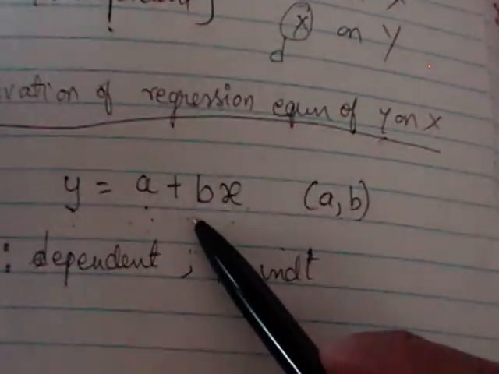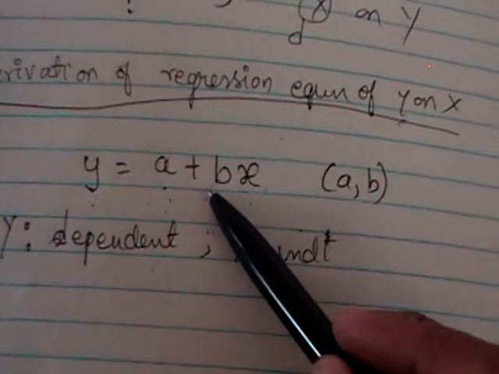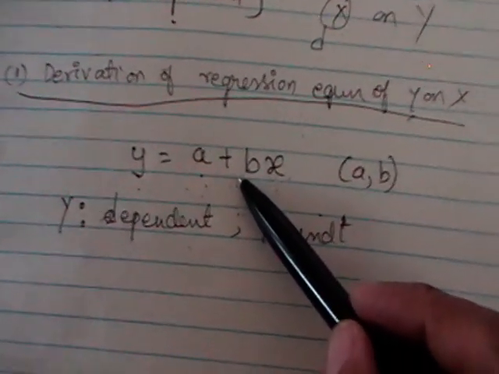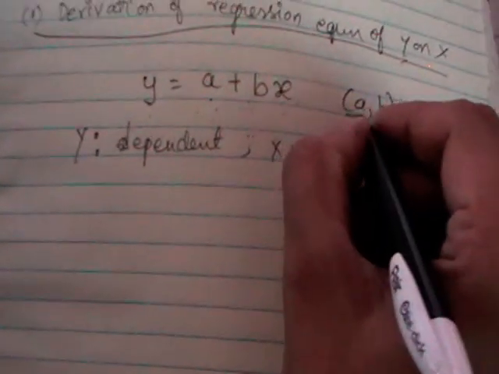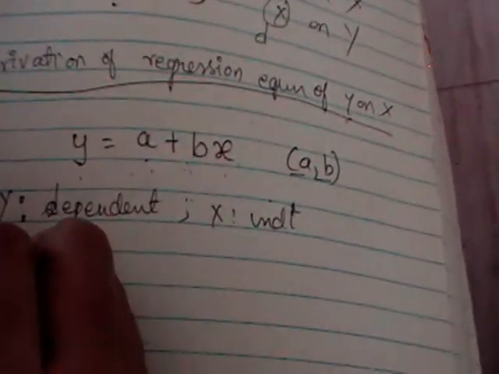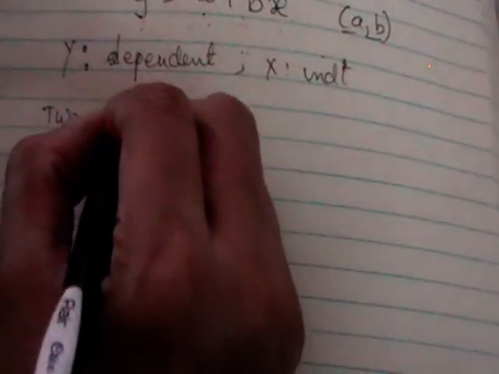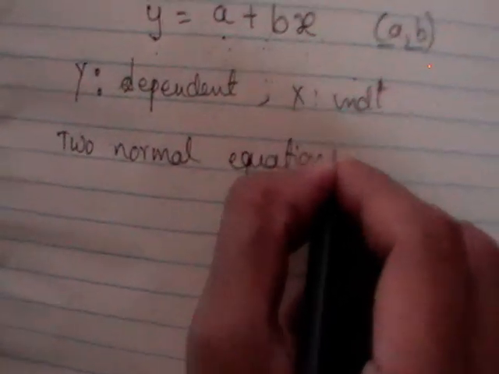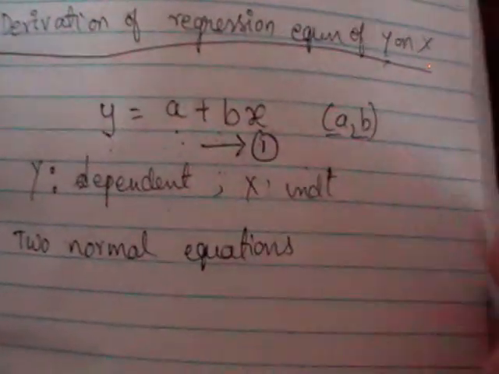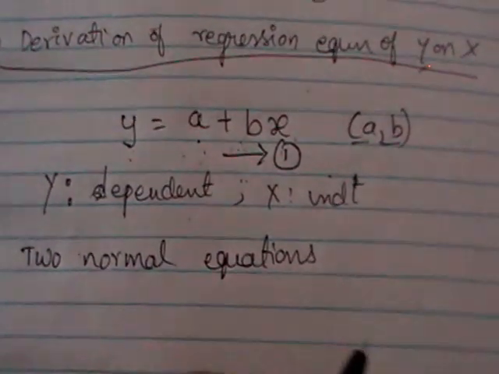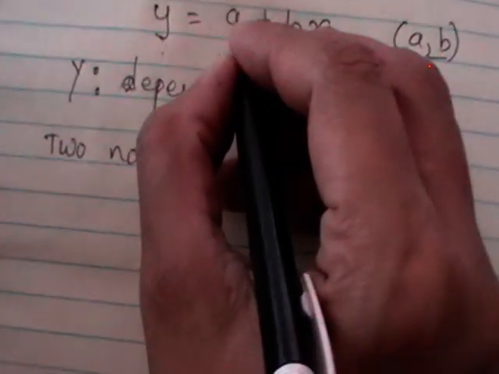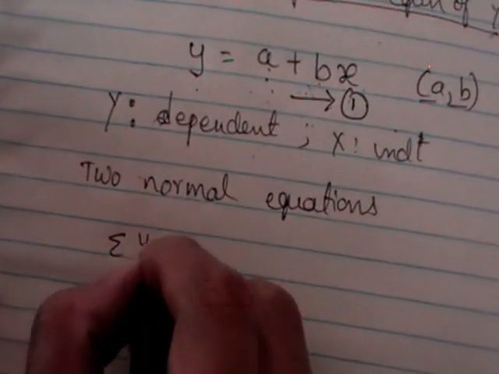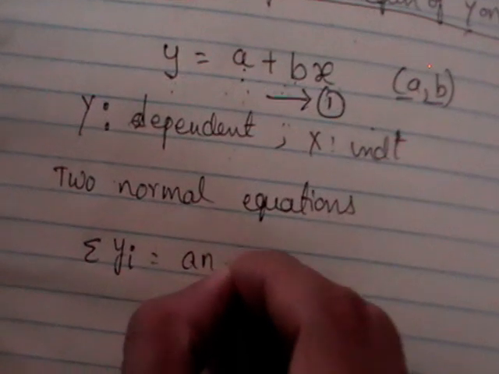So how do we find these two unknown constants? They can be calculated using curve fitting or the principle of least squares. As you have two constants, how many normal equations are we going to get? You will get two normal equations. Try to understand this one, because if you can understand this, x on y will be easy. Name this as equation 1. So what will be the normal equations? You will get one with respect to a and one with respect to b. Better you recall, these are the normal equations.